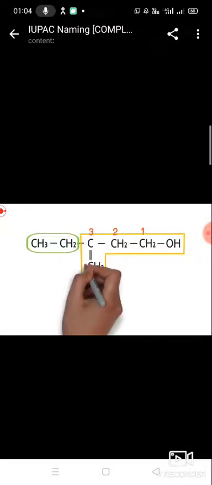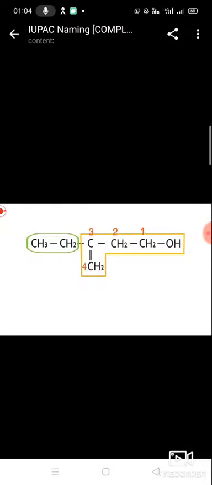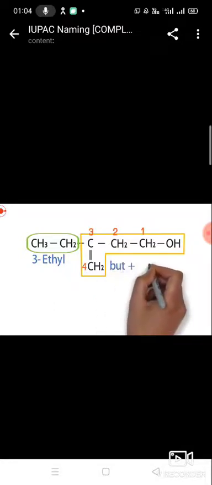Here, if you see, directly the double bond is attached with this, and the OH is also attached. So for the functional group, you have to give the numbering from the functional group. Then we will see this CH3CH2 is an attachment. You have to give numbering from the functional group. So 1, 2, 3, 4. In this, on the third carbon, what is present? A double bond is present, and an ethyl group is also present on the third carbon. So 3-ethyl. On the third carbon, an ethyl group is attached.